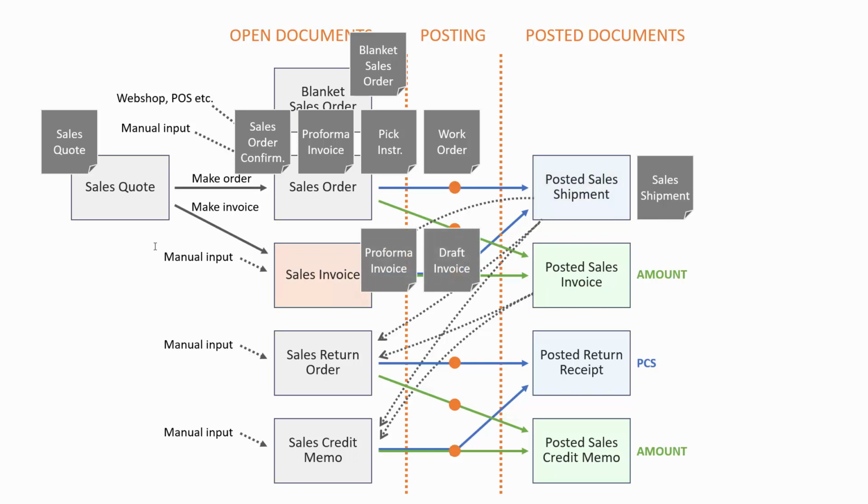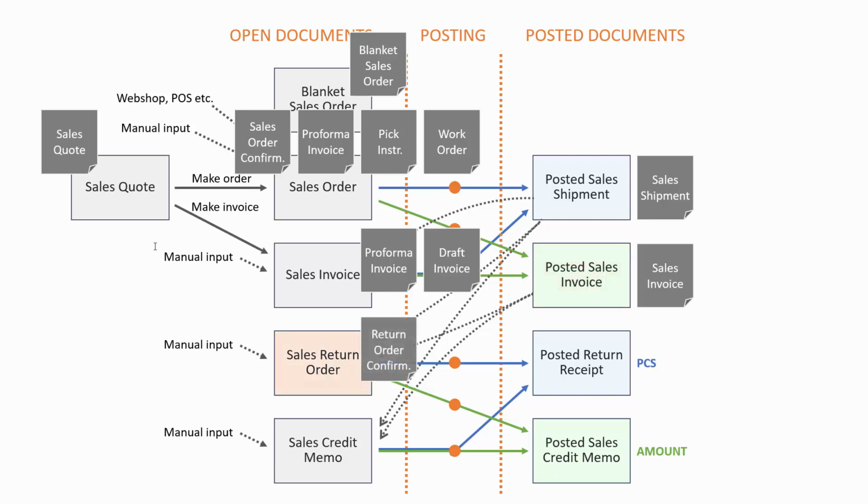On the sales invoice, it's also possible to print a proforma invoice, and it's also possible to print a draft invoice that is a display of how the invoice is going to look when printing it. But the actual sales invoice is being printed from the posted sales invoice. It doesn't matter if it's from the sales order or the sales invoice you are actually invoicing. The invoice sent to the customer is based on the posted document.